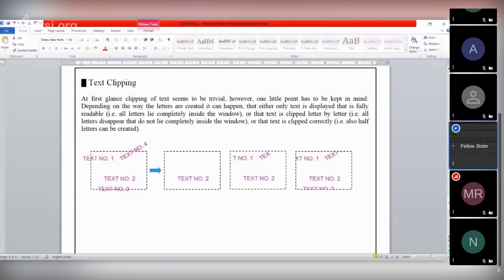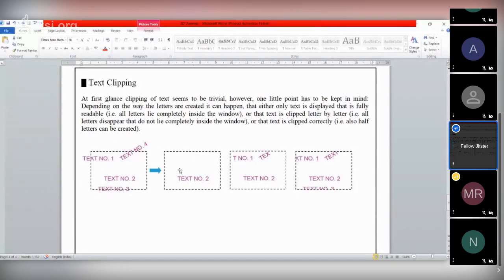If some portion of the string is inside this window and some portion is outside, like the example, text number 4, half inside and half outside, we will not consider this string. Only text number 2 we will consider.